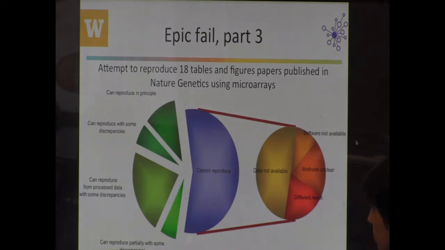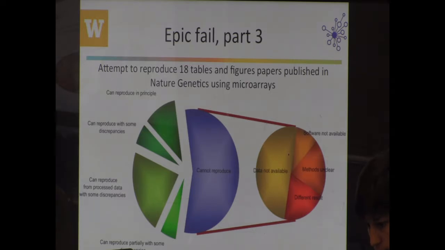And then if you look over here, perhaps what's more interesting for us to talk about is the cannot reproduce group, right? The more than half that could not be reproduced. And if you look at these four possible reasons, there's one that's not all that helpful, which is different result, right? We don't really know what the underlying cause of the failure to reproduce there was. But a good chunk, probably about half of the ones that couldn't be reproduced, couldn't be reproduced because they weren't able to obtain the data. Right? So this is the open science side of reproducibility. You have to be able to get the data.